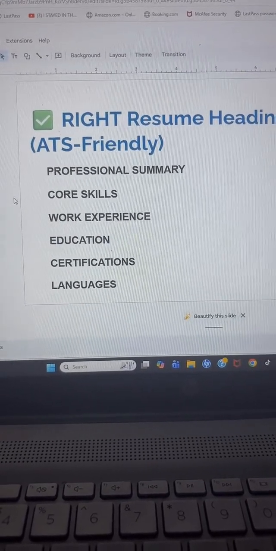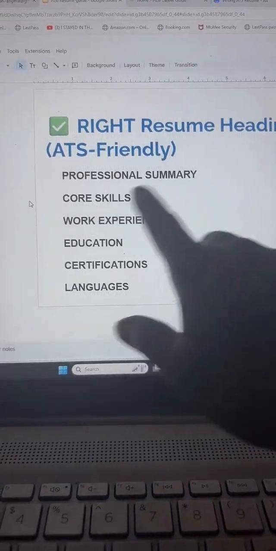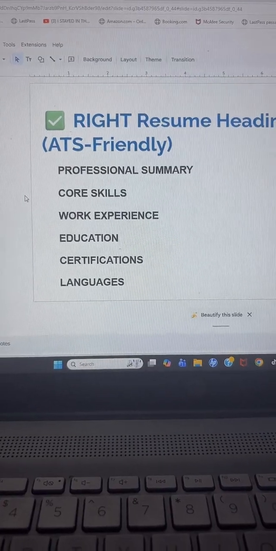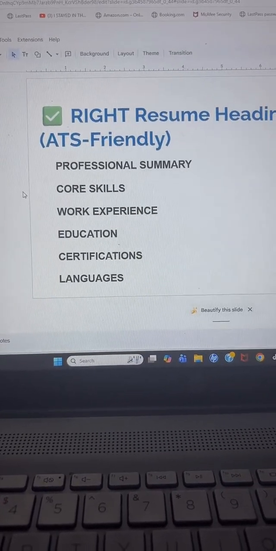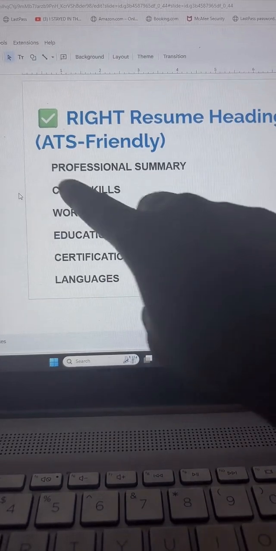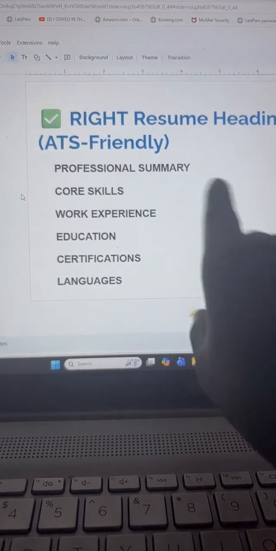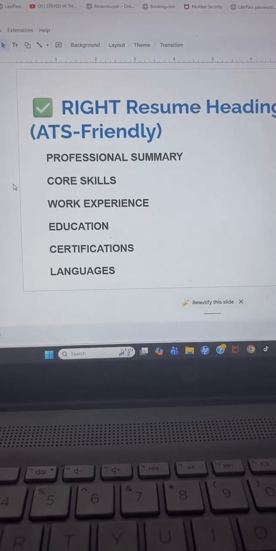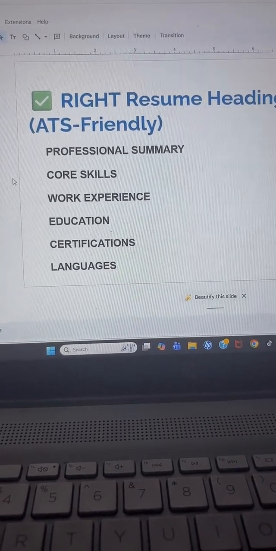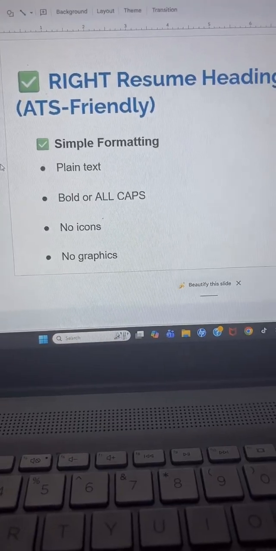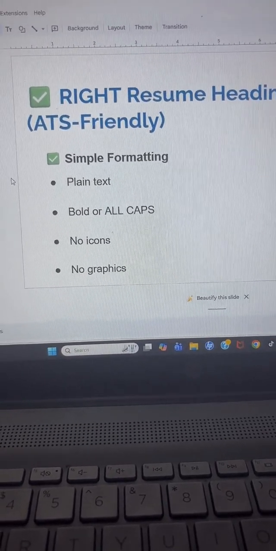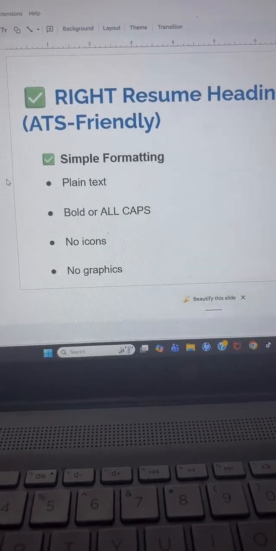This is the right way of sectioning your resume. At the top section, you're going to put your contact information, and then your professional summary, then your skills and your work experience, and education, certification, language if necessary. Ensure that it's in a simple format, no graphics.